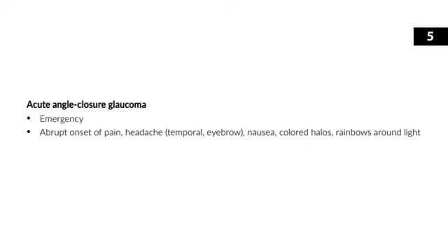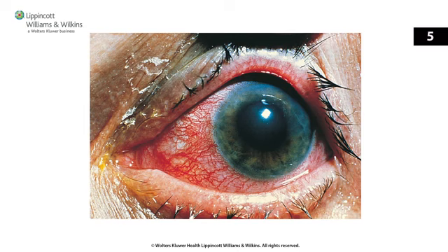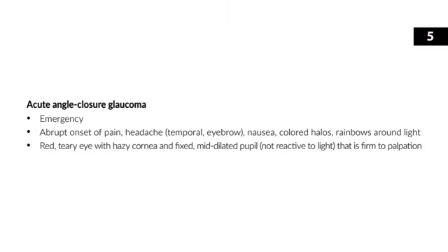They can also have nausea and vomiting. And if they look at a light source, they may see colored halos or rainbows around the light. The affected eye is usually red, teary, and angry looking. The cornea may be hazy, and the pupil is often fixed and mid-dilated. If you palpate the eyes gently, the affected eye is harder or firmer than the normal eye because of increased